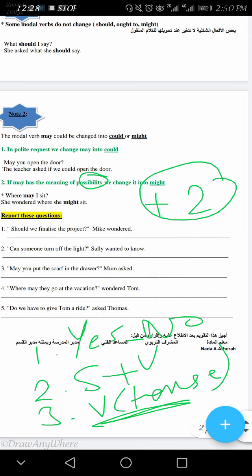This was our rule. I hope you find it interesting. I want you to revise the reported statement and how to change the verbs from past or from present to past, from past to past perfect, and how to change the modals or auxiliary verbs. So try to answer this